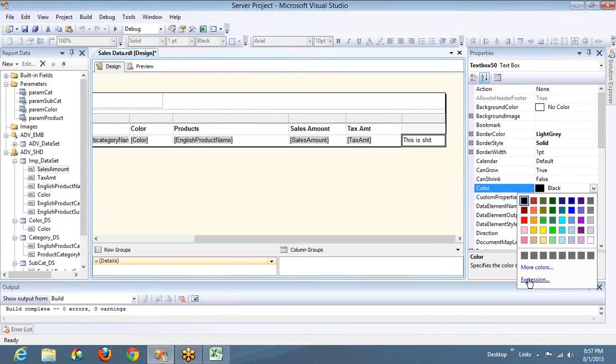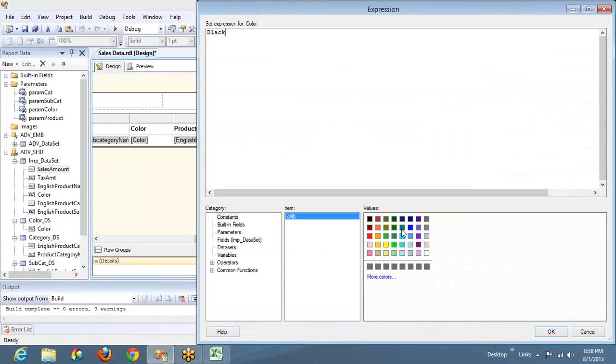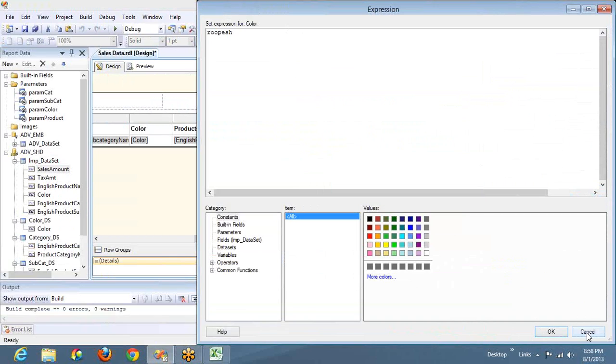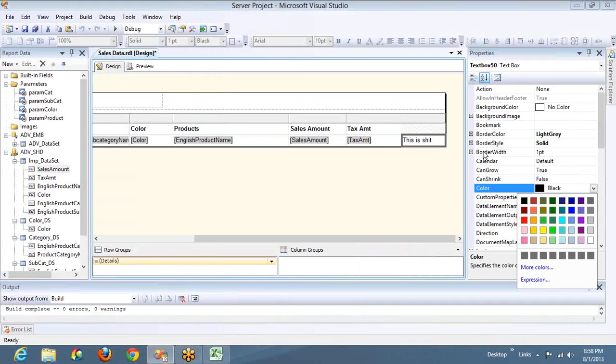The constants category will say what values you can set for the particular property. For the color property, what I can set is nothing but colors. I can set only colors. I cannot set Rupesh or something. If I try to give Rupesh and click on OK, then it will say Rupesh is not a valid color. Why? Because that is not a constant value that I can set for the color property. Agree? In the same way, if I go to the font